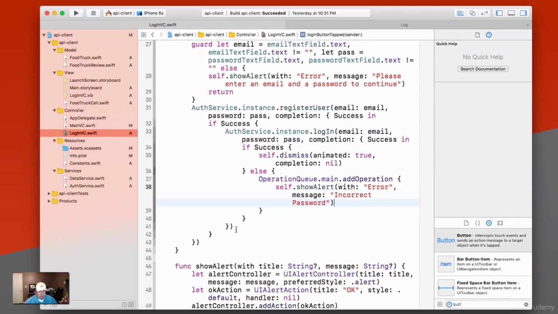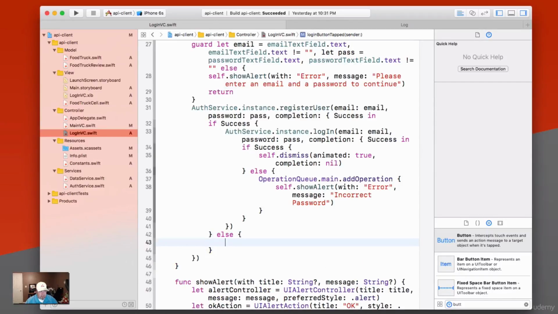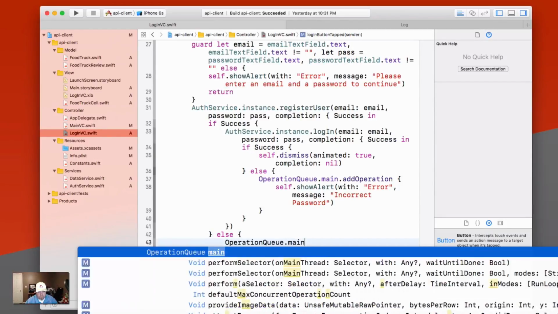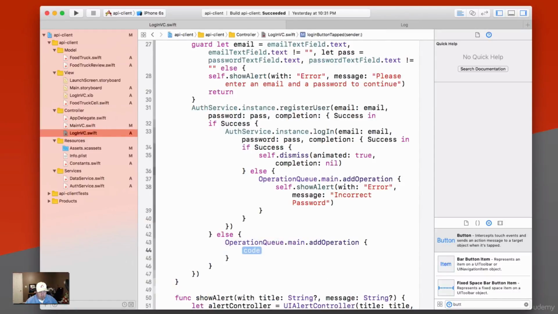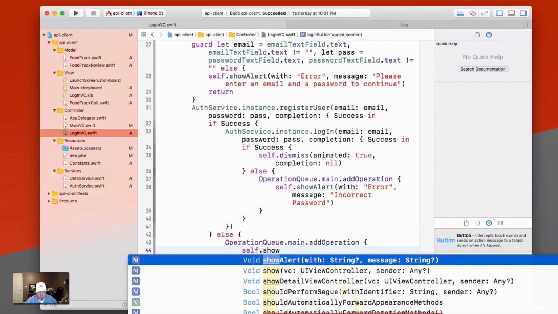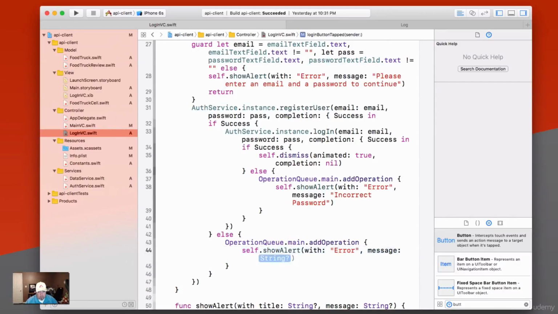And then we'll jump down here to this else. And we'll do the same thing here. And here we'll just say self.showAlert and error. And the message, we're just going to say, an unknown error occurred saving the account. So the only way we're going to get to here, and this is from the register